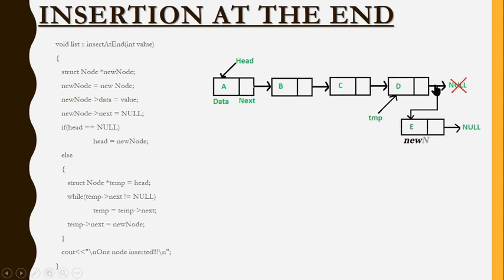So for that reason, I'm introducing something called temp. This temp should be initially used in the first node. Then it has to check the condition and transfer here, check the condition, transfer here, check the condition, come here. Once it comes over here, this temp should be placed here. Let's see the code, how we have to bring that temp over here. So once I name this particular node as temp, now I have a name for both the nodes. This is named as new node, this is named as temp.